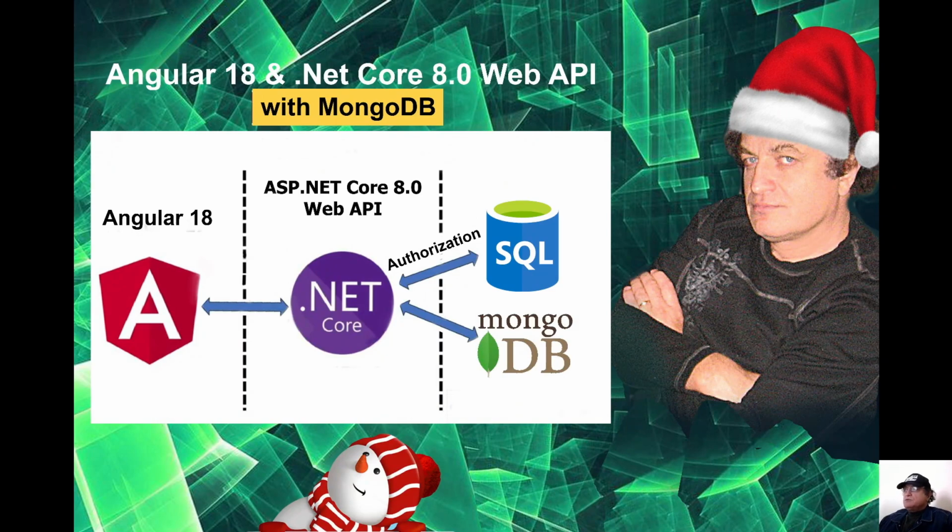In this video, we will use NoSQL MongoDB database in a client-server application. On the client side, we will use Angular project that we created in a video, Angular Authentication and Authorization Part 2. And on the server side, we will use .NET Core API project that we created in a video, Angular Authentication and Authorization Part 1. The only difference is that instead of using the SQL Server database, we will use NoSQL MongoDB